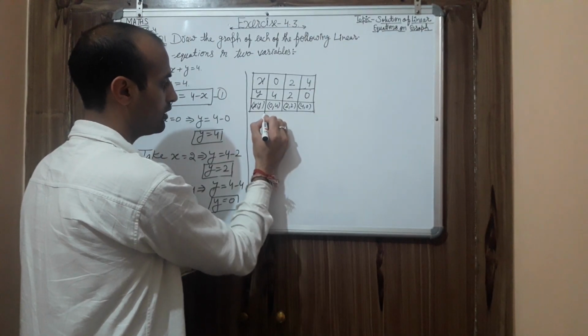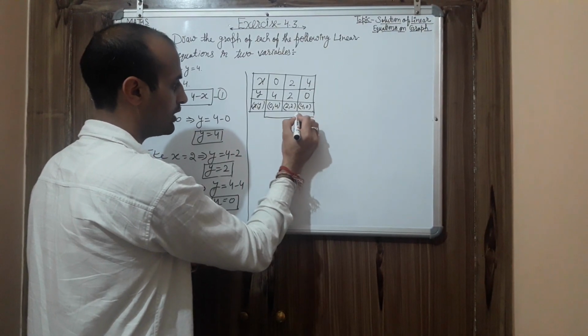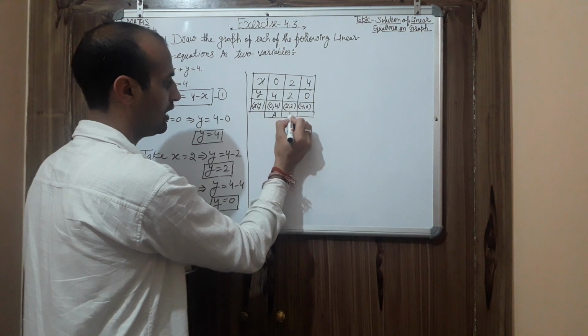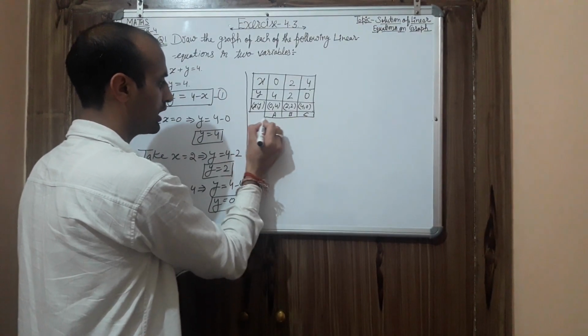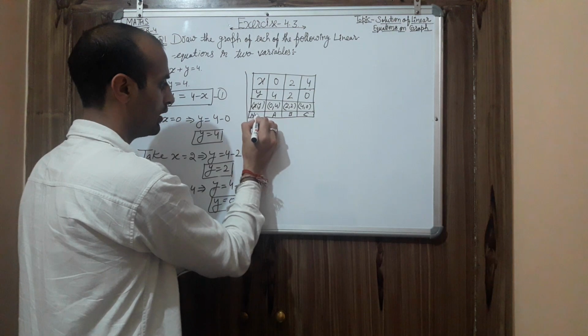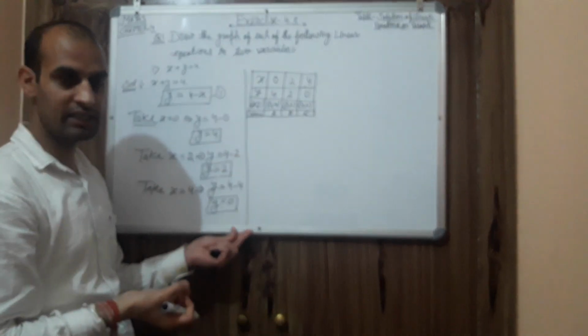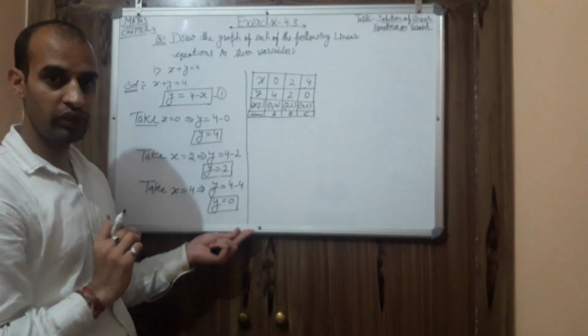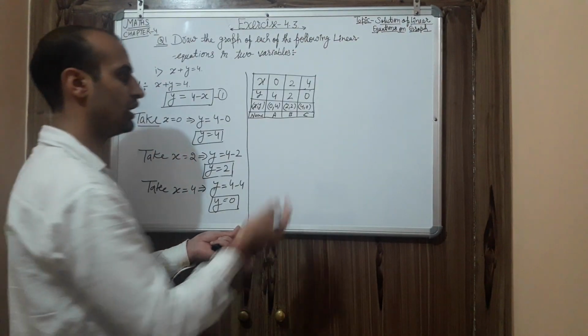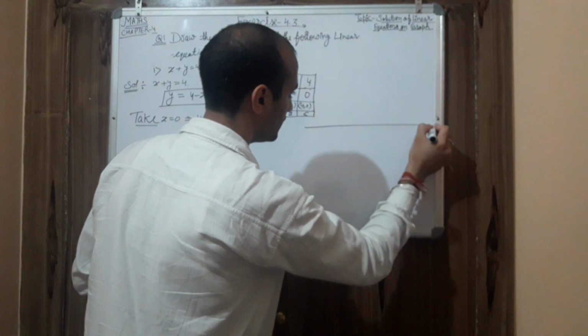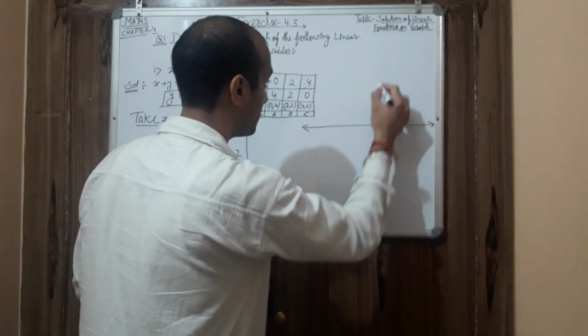For your own convenience, you can write the names of the points, like this point is A, B, C. So it will provide more accuracy. I can write the name of the points here. This is your work up to here. After completing it, our work is on the graph. So let's see here. This work you need to complete on a graph paper.